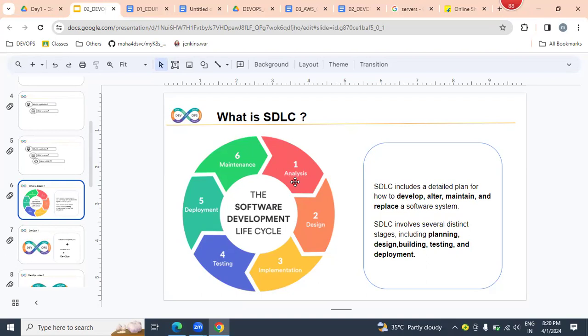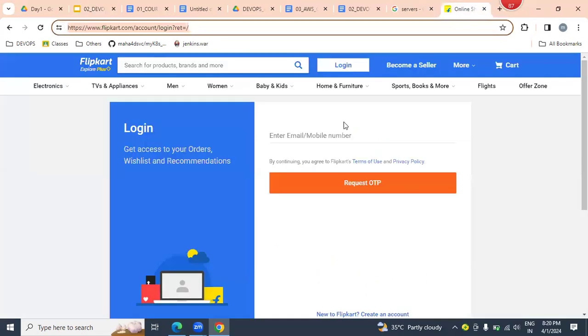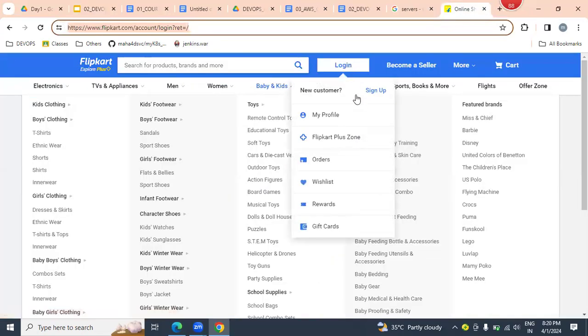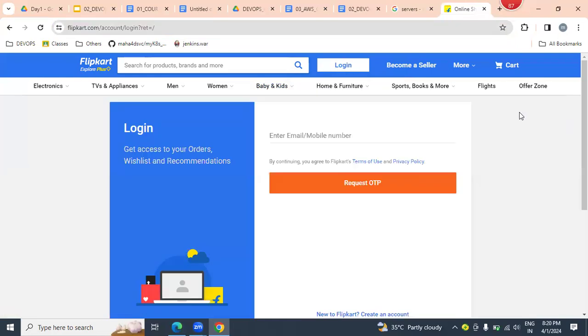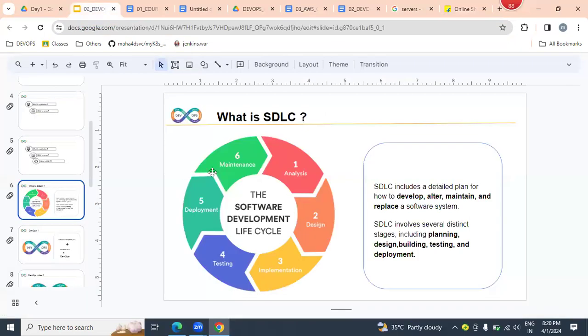Analysis means gathering information from the client: how exactly the login page, registration page and payment gateway should work, what exactly the client is expecting, what the business model is. Each and everything will be gathered from the client. Based on that, it will be analysis. Once the analysis is done, our architects will design.